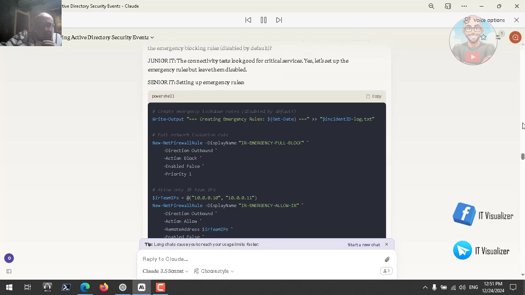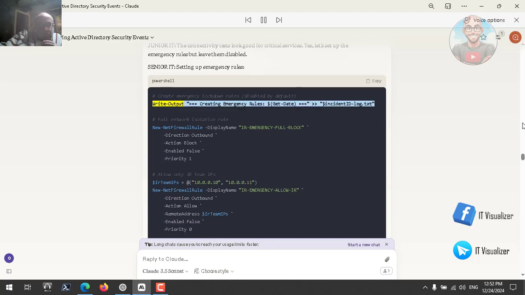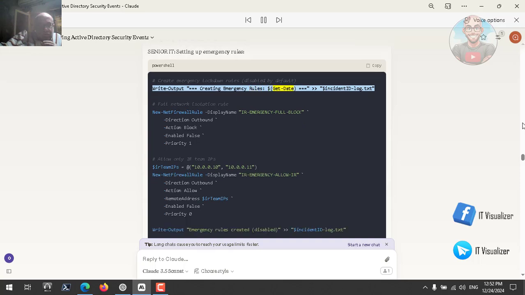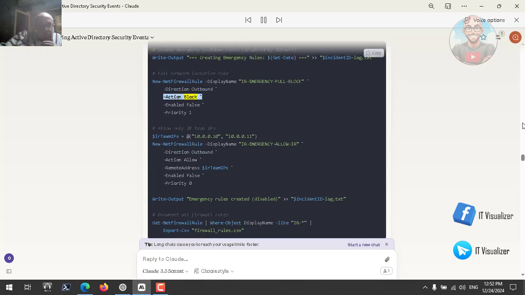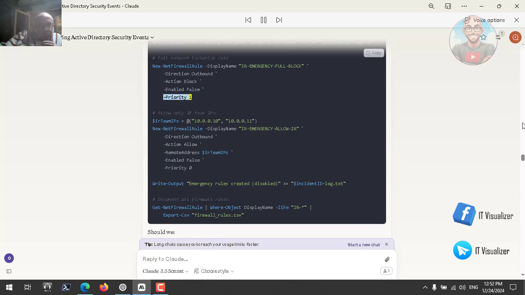PowerShell. Copy. # Create emergency lockdown rules, disabled by default. Write-Output "Creating emergency rules". $(Get-Date) $incidentID log.txt. # Full network isolation rule. New-NetFirewallRule -DisplayName "IR Emergency Full Block" -Direction Outbound -Action Block -Enabled False -Priority 1. # Allow only IR team IPs. $IRTeamIPs = @(